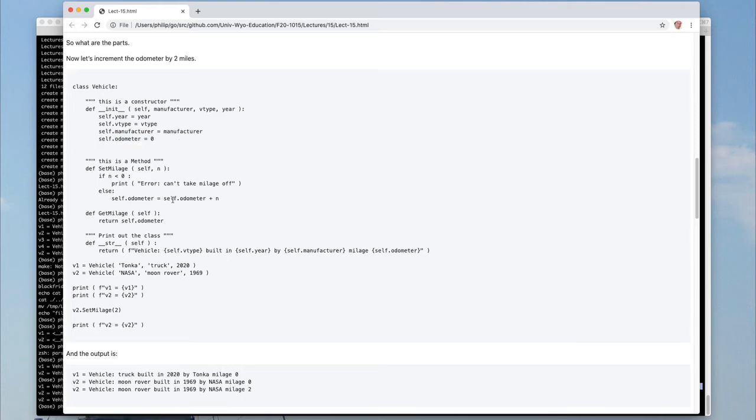So we do self.odometer and we do some computation on it. In this case, we do addition of whatever these mileage are. So this second parameter that we passed, v2 as the first parameter, that's self. The second parameter in this case is 2. Just like a regular function, except we've got this automatic first parameter that's required. And in this case, we pass that, it becomes n, and we use it to add to the odometer inside